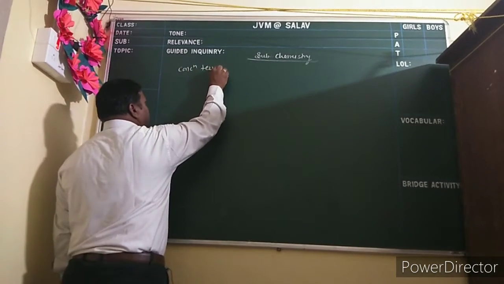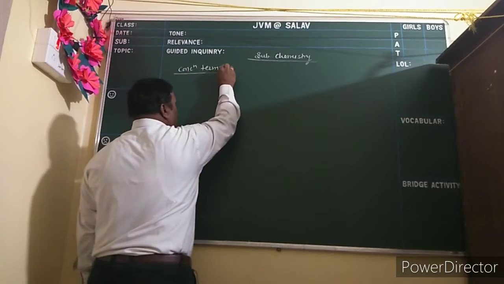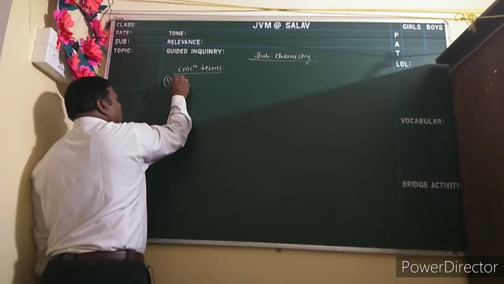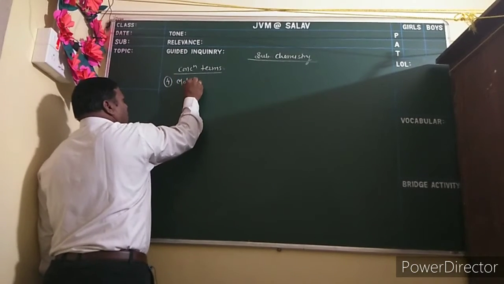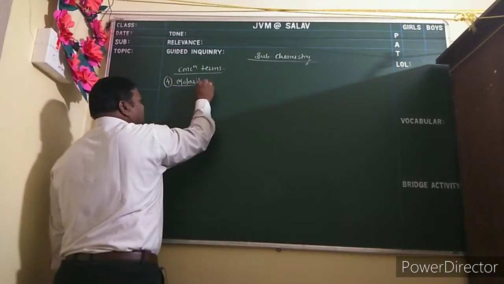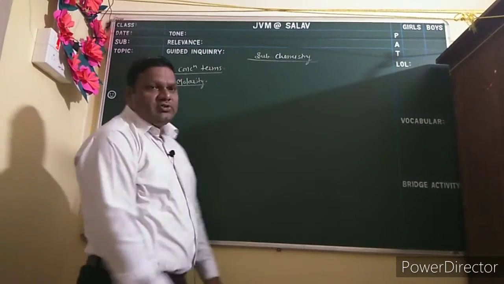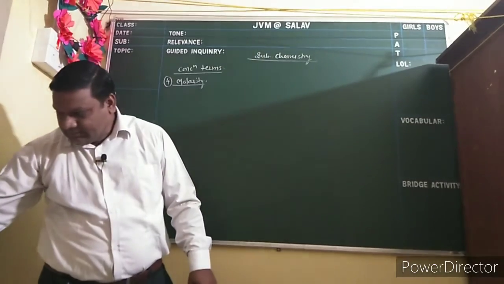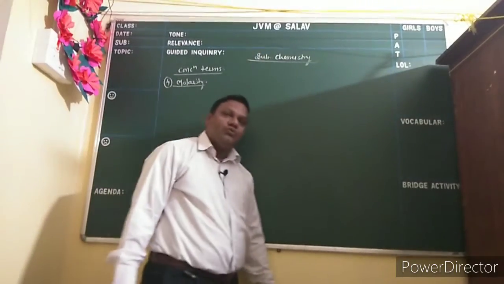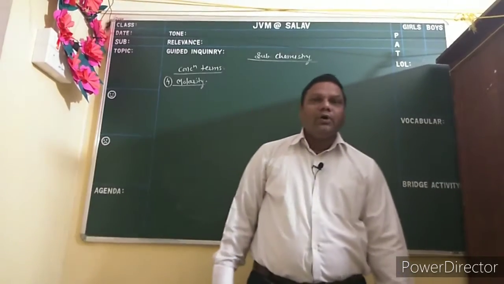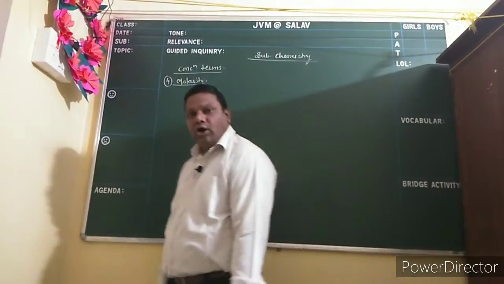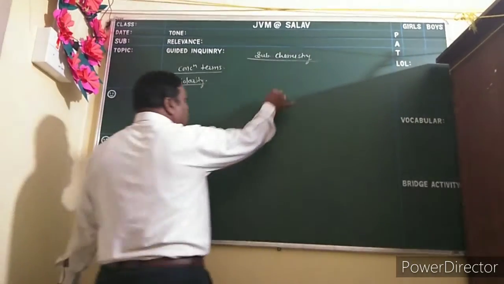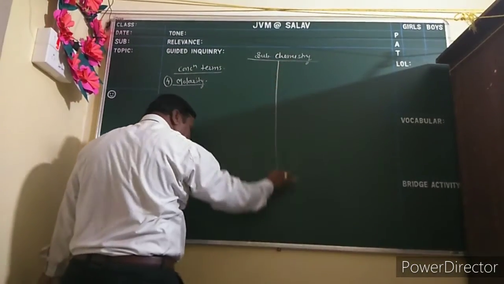Concentration terms. Molarity, it's the fourth one. Already in class 11 we discussed these molarity terms. It is defined as the number of moles of solute dissolved per liter of solution or 1000 ml of solution. So first of all we write the definition here.